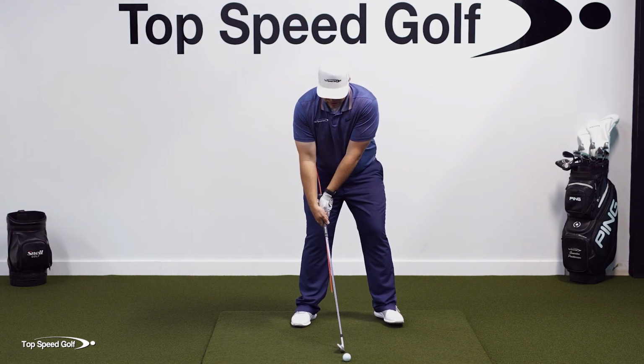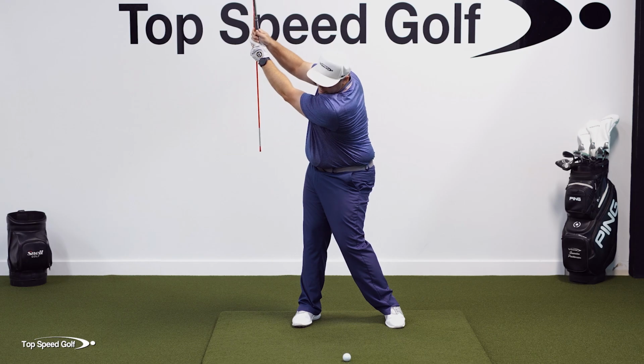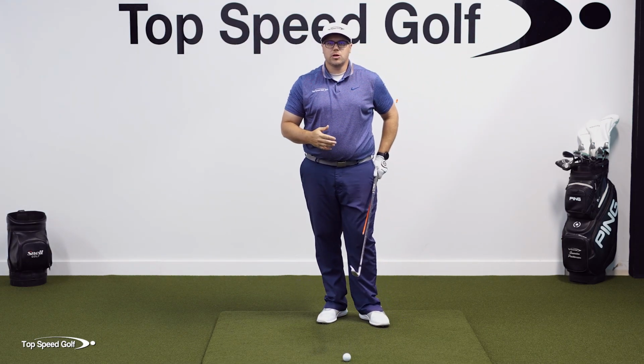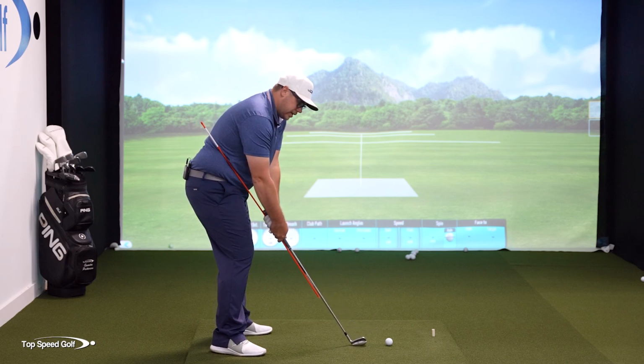So again, I'm going to set up here. I'm going to go up like this. I'm just going to do nice pausing reps in the beginning here. So I'm going to go up like this, have it work underneath, swing through, right? And I'm going to start to add some fluidity to it now. So now instead of doing slow pausing, I'm going to do slow fluid here and just kind of feel